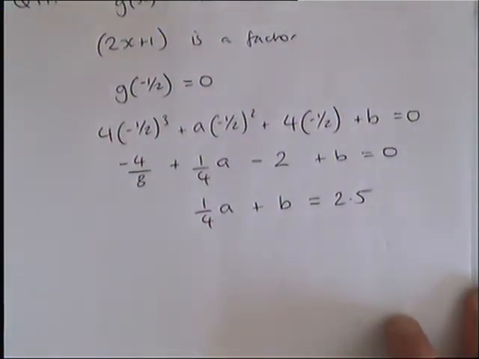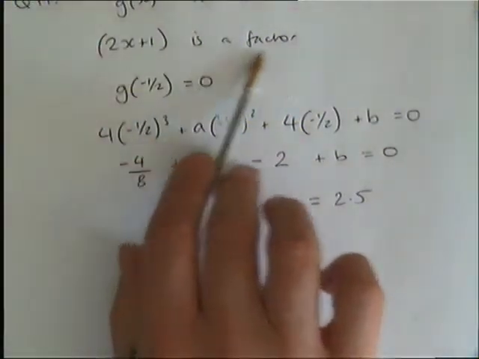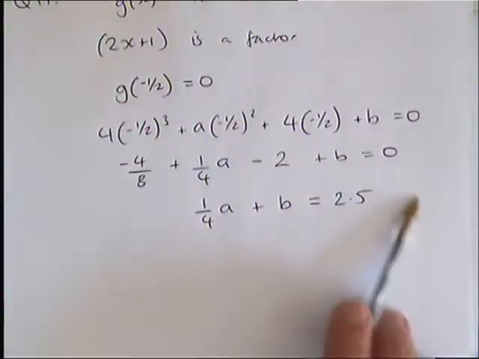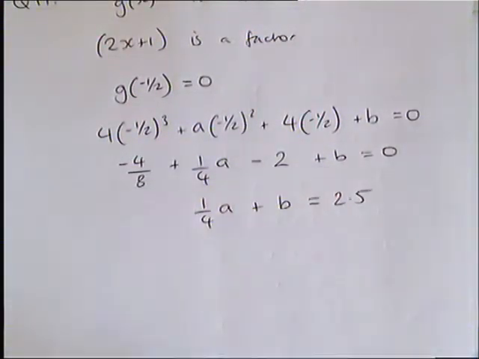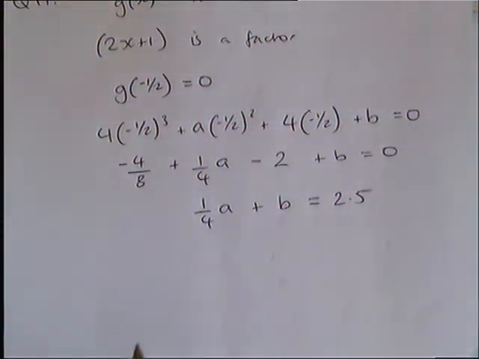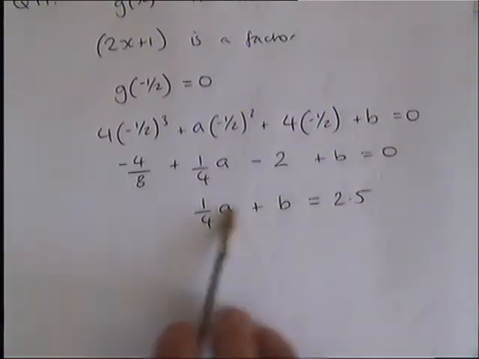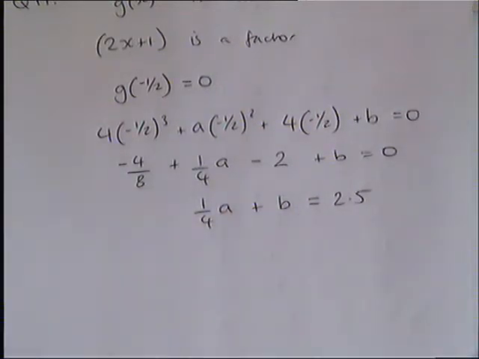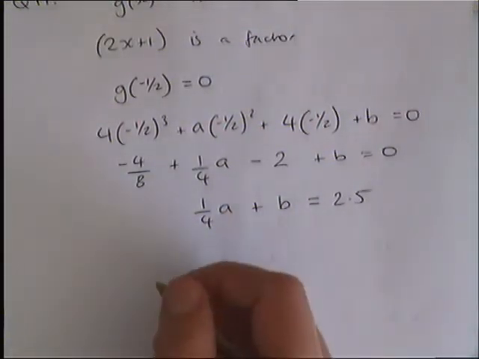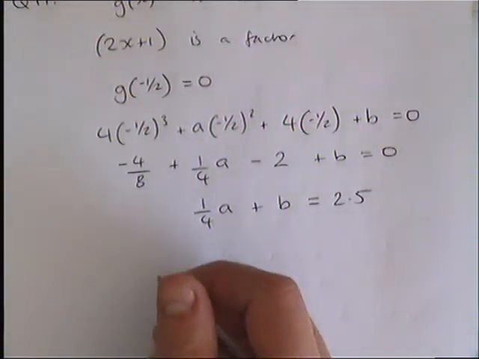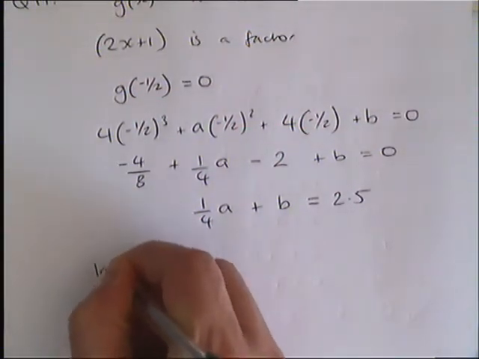Okay, that's the first piece of information that we're given, that 2x plus 1 is a factor. So we've got a reasonable conclusion from that. What I'm hoping is that using the second piece of information, I'll be able to make a second equation, and then I'll be able to solve them as simultaneous equations. So let's have a look at that second piece of information. We're told that there is a point of inflection